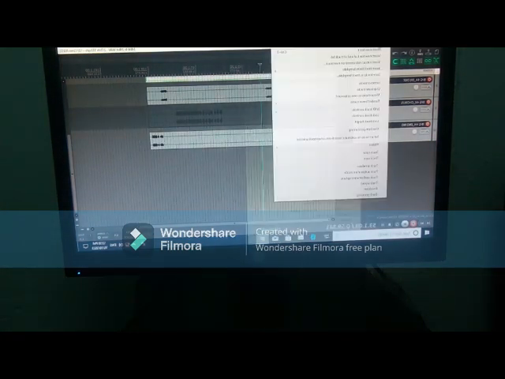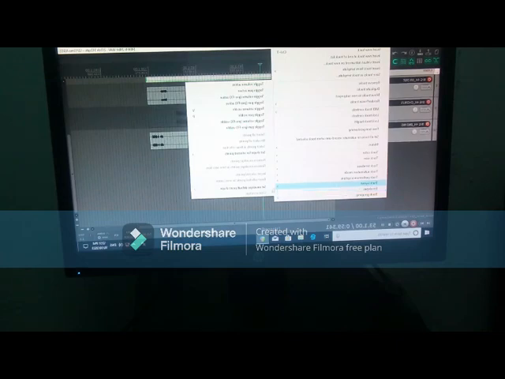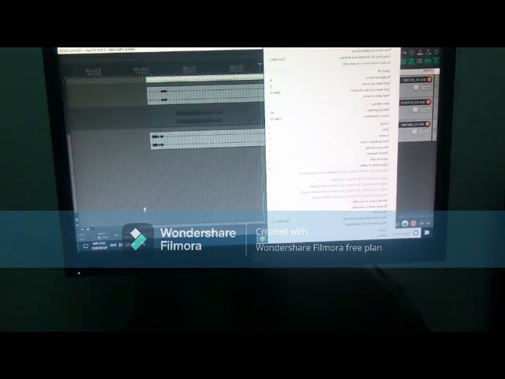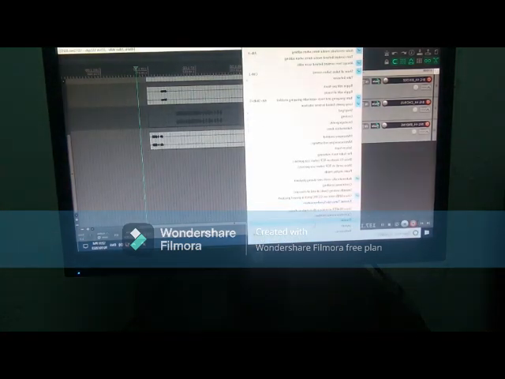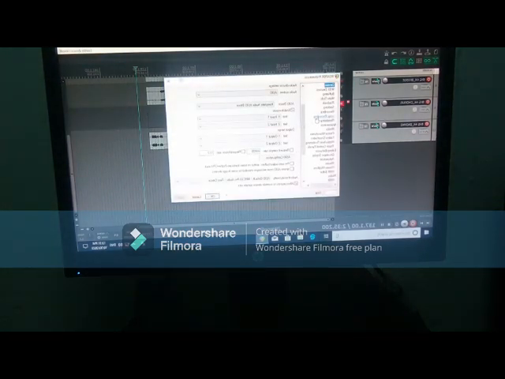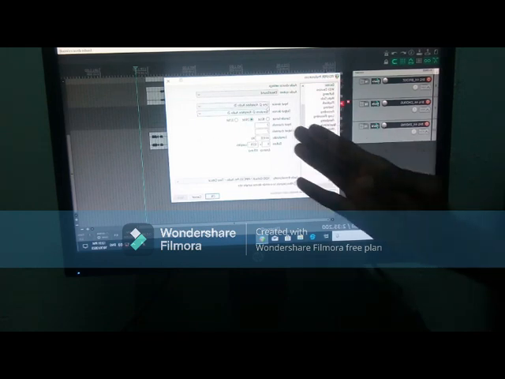There are so many things I haven't talked about, though, things that you need to consider. For example, if you want to record, there are so many things you need to consider in your audio interface settings. Let's go to options again, preferences. So here you find that these are the settings that you need to focus on. For example, if I want to record here, this is my audio interface, Complete Audio 2,